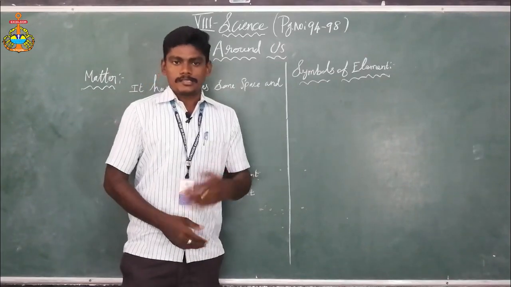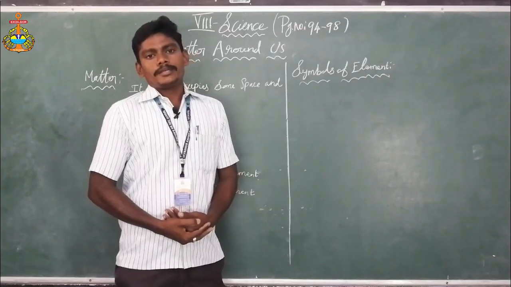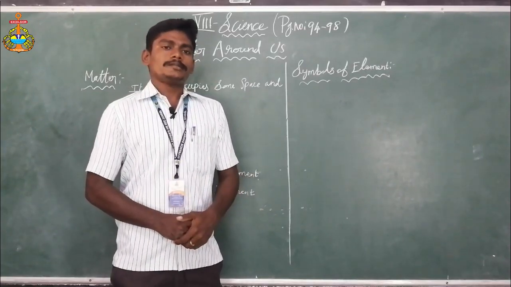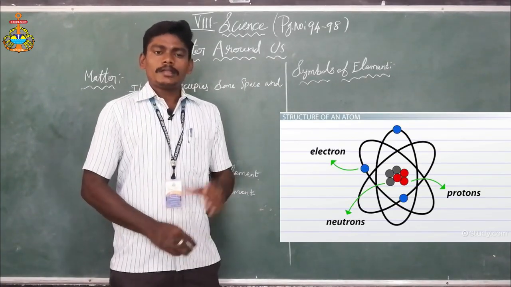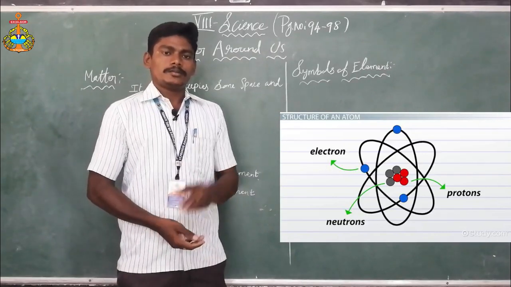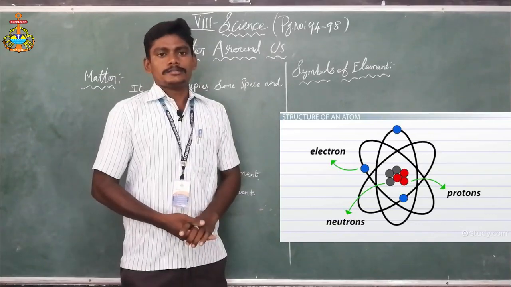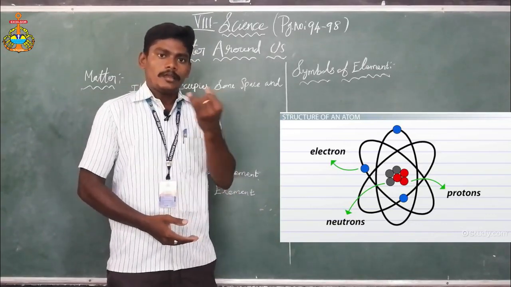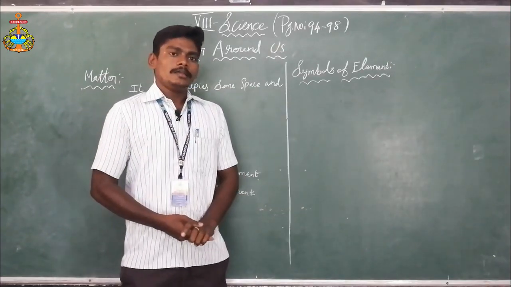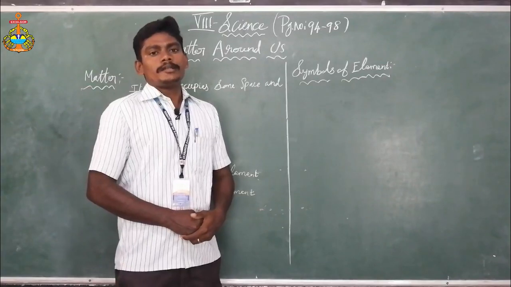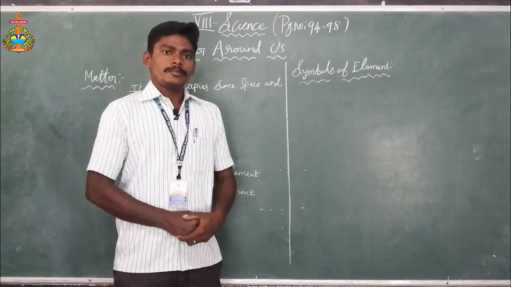So, matter around us. In this world, in this universe, everything is made up of some kinds of particles. These particles are made up of a single atom. An atom normally has three kinds of particles: positively charged, negatively charged and neutral, called the proton, electron and neutron. Everything we can see in the world, a lot of objects around us,